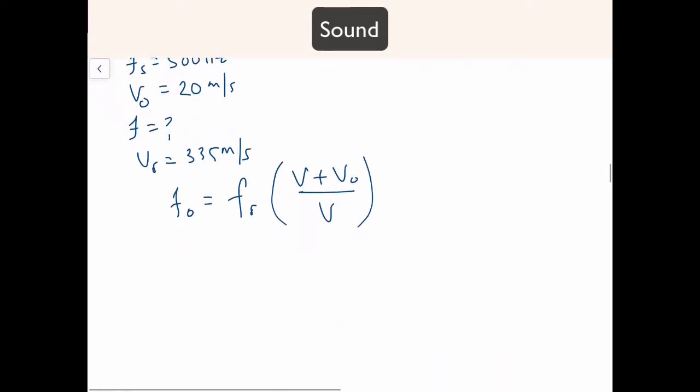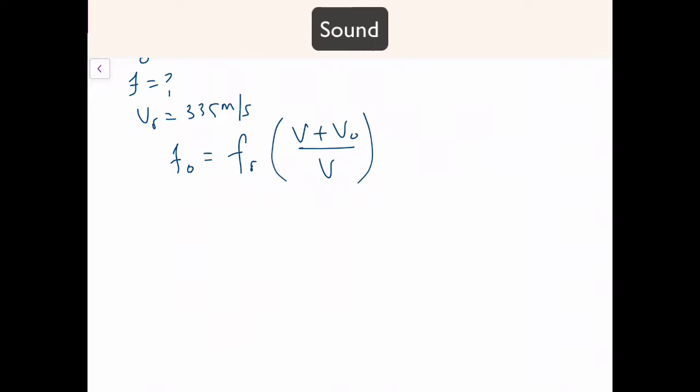Okay, v represents the speed of sound, and then keep in mind how to use v naught. V naught in this case is positive,